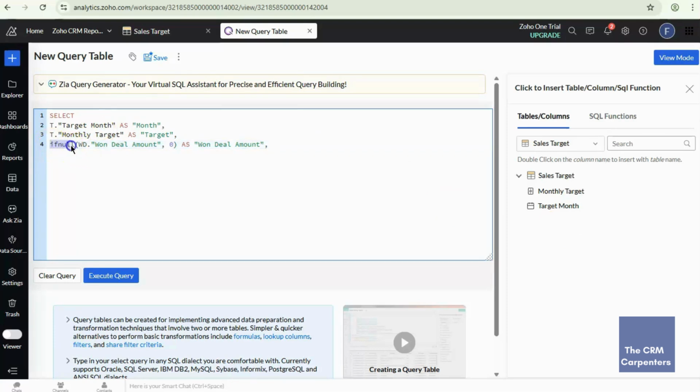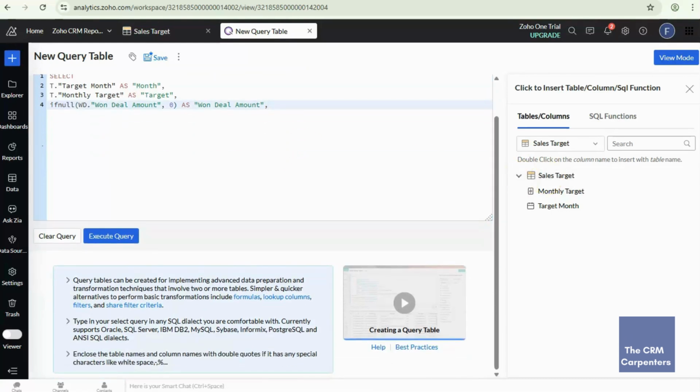In this word, if null, it says that if no deals were won that month, it returns 0 instead of blank. Okay, so next line is if null the total won deals 0, it will display 0 and not blank.